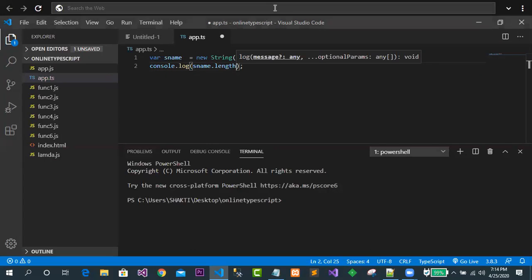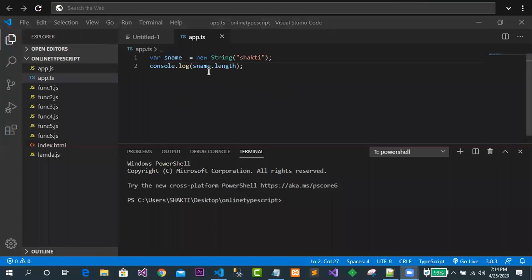It's a very simple concept. This length property is accessed by the object reference. And what is the object reference name? The object reference name is sname. Through sname I am now going to use the length property.